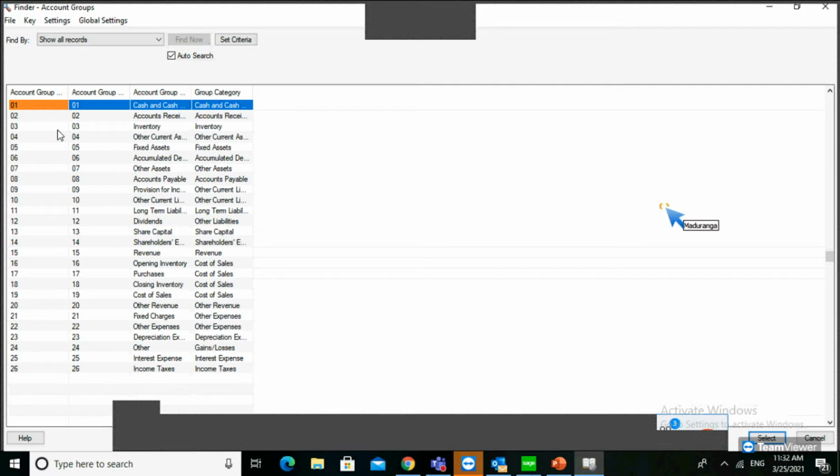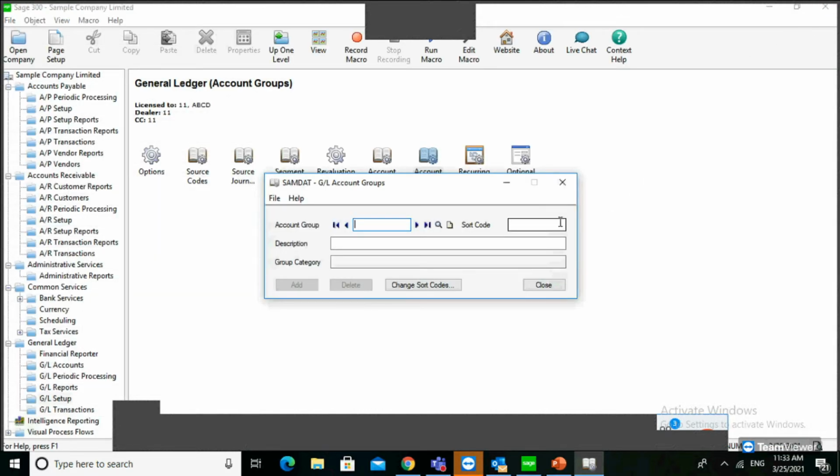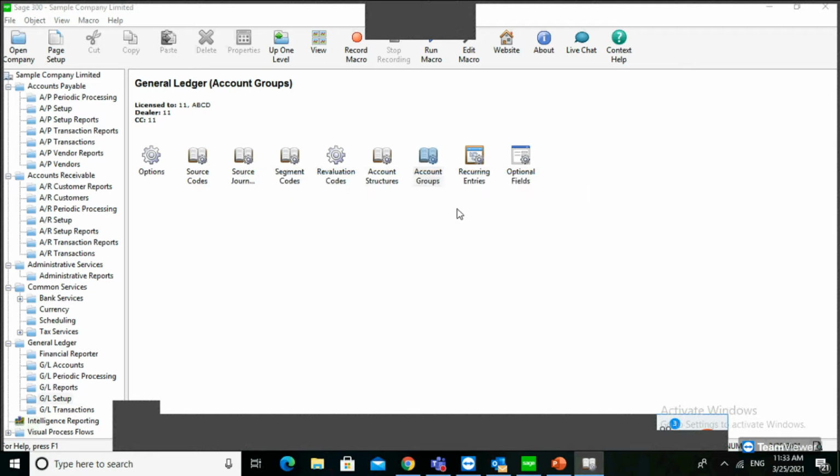Let's say when you are defining the chart of accounts, there are different types of groups, like liability and current liability, and assets and current assets. Also you can see the share capital, retained earnings, whatever, based on how you define your chart of accounts and the grouping. You can create different types of groups. Then when you are developing the financial report, you can get the financial report based on the account group.